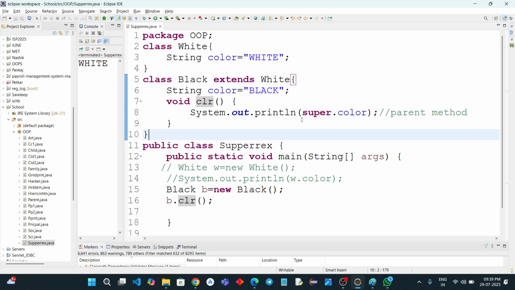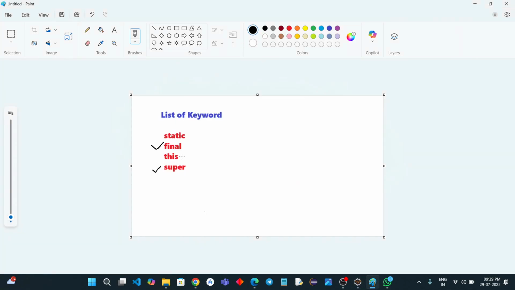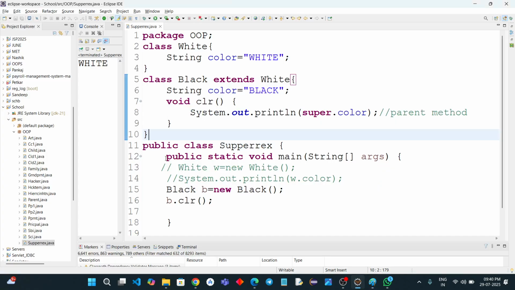This is the only way to learn Java. It is not just typing a program and getting outputs. Understanding is very important. I will spend a lot of time on this, and you are learning step by step. Two keywords only, I will pick final and super. Static and this we'll study when we start constructors and all those things. But as of now,